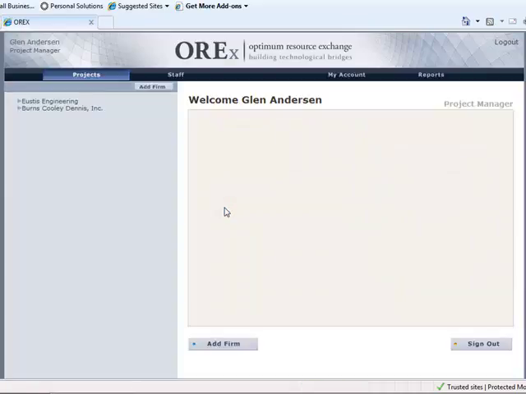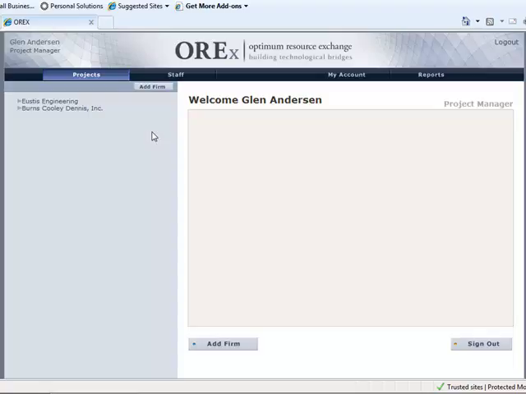We are now logged in as a project manager. Note that we have lost both the Project Manager and Investor tabs that were present on the Company Administrator's login, and we have gained a tab called My Account that allows the Project Manager to change their password and manage other personal information. As mentioned earlier, in the Projects tab, we are able to set up an infinite breakdown structure